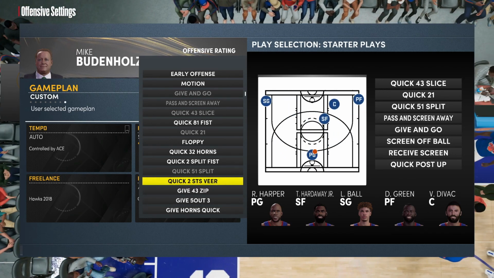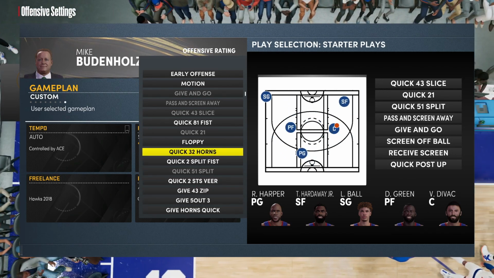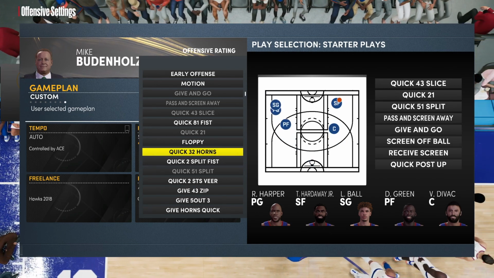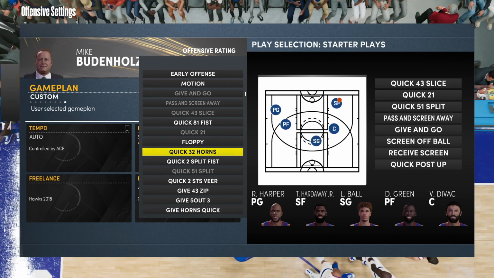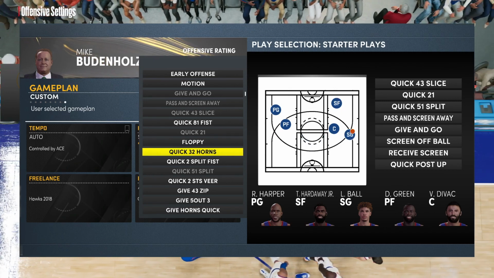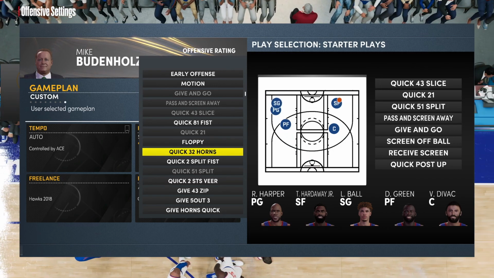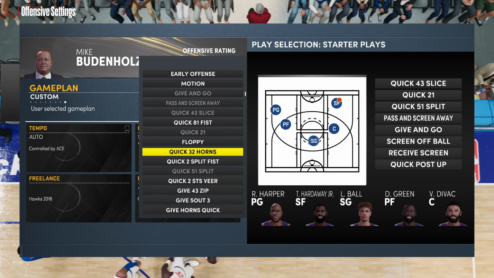I mean, the Warriors have a lot of elaborate and really interesting plays, but the last one and the most important one that I want to shout out to you guys is quick 32 horns. This is my favorite play to run in this Warriors playbook. It is the absolute money play of all money plays. Almost always is the shooting guard open. The defense is pretty good this year with AI, so it won't always be, but for the most part,